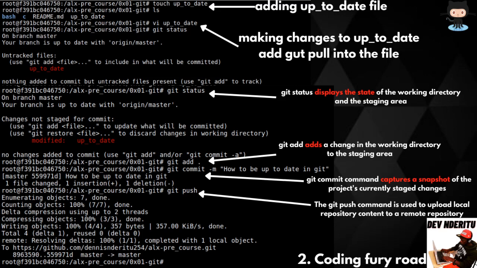Given the task you have been told, you have to make changes to the up-to-date file and add the line git pull in there. So I used VI to do that. I opened VI with the file name up to date, and then I just inserted the text git pull. After you do that and you save, when you run a git status,